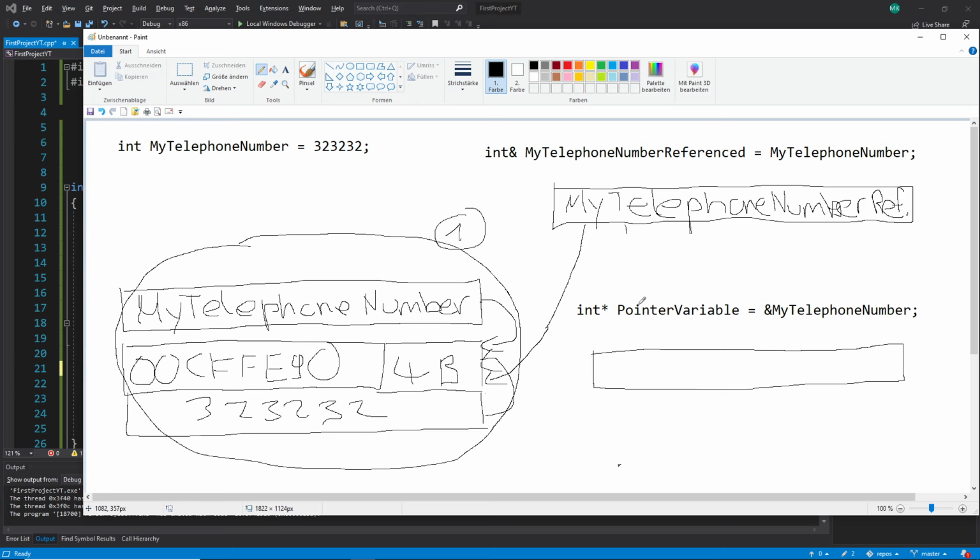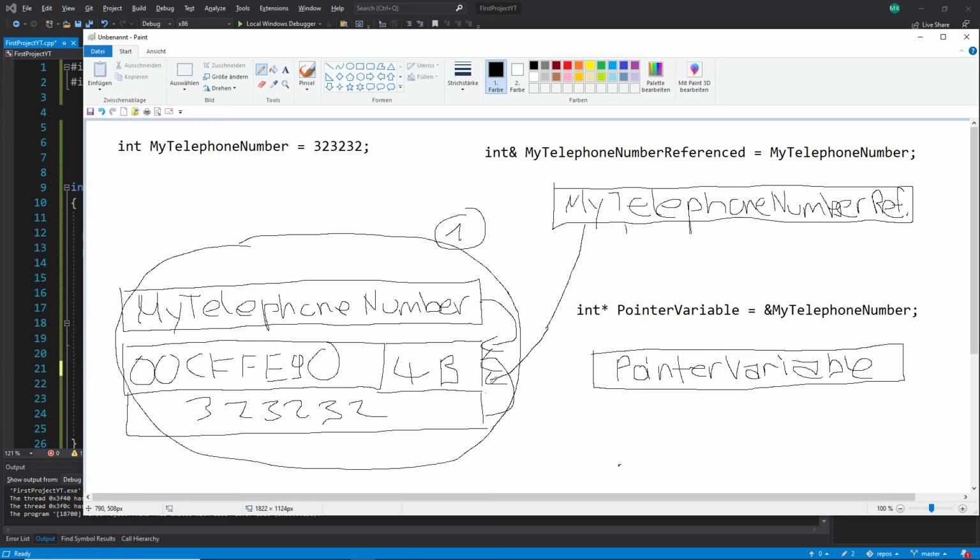And here it starts again like a reference, with the variable name. Pointer variable, and now it is asking for a value here, which is a